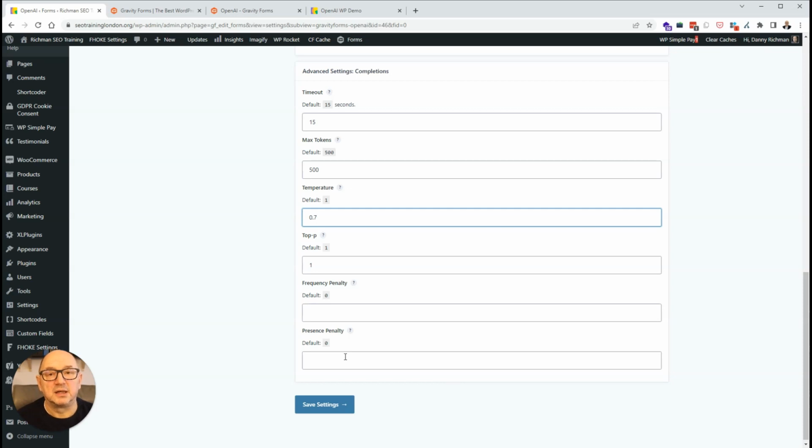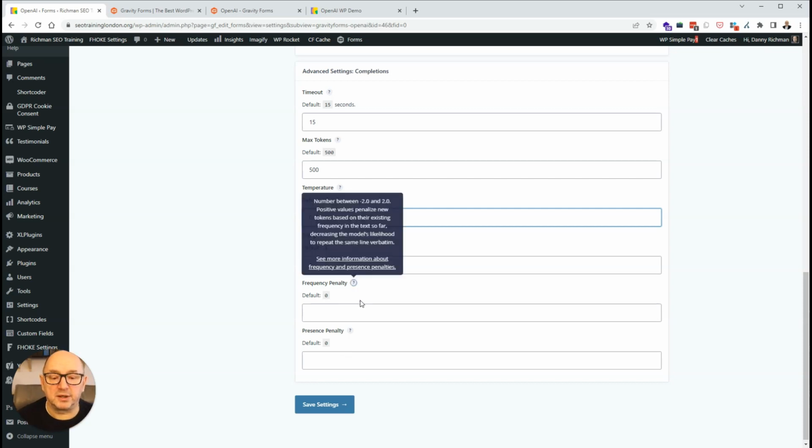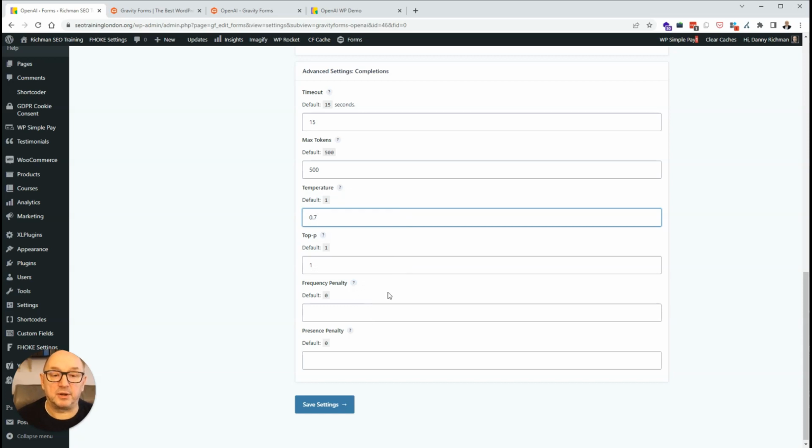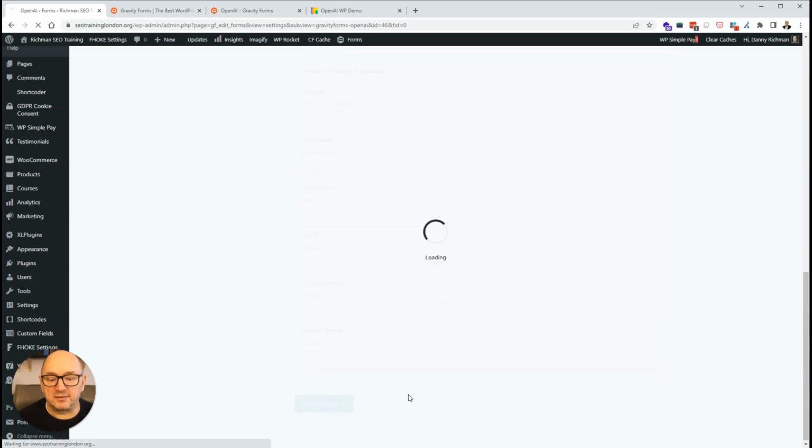Essentially what these do is control the degree to which GPT-3 will repeat itself. But in this particular example, those are not things that you really need to worry about too much. If you want to know more on these, obviously there's more guidance here, but there's also a link on there where you can go and read on the OpenAI website exactly what those different parameters do. But my suggestion, just for the purpose of this demonstration, is to leave these settings as default: 15 seconds timeout setting, maximum tokens 500, temperature 0.7, top P just leave at the default, which is 1, and these two blank here. Click Save Settings,